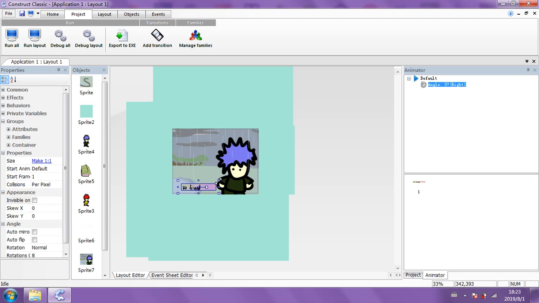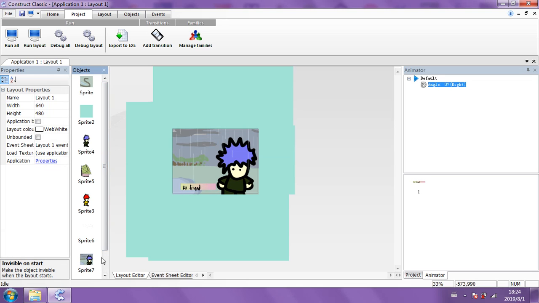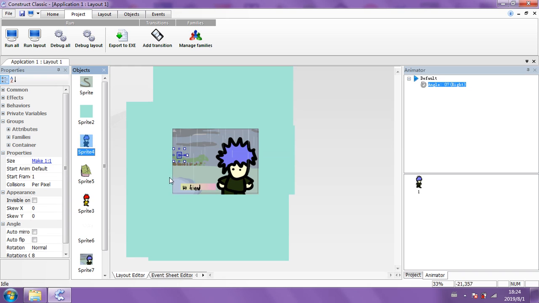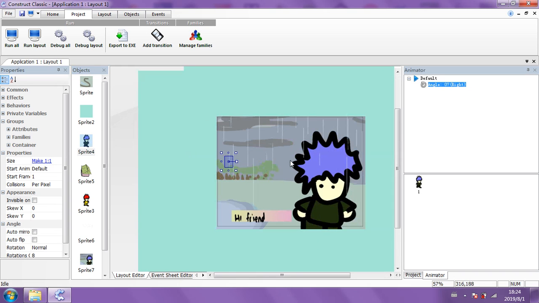And this one we're also going to click on and make sure we set to invisible on start. Now what we're going to do is click on our main blue guy, which is here. He's just hidden behind that at the moment, the little version of the blue guy on the main map, which is behind this whole thing. Well, we don't even need to do that.